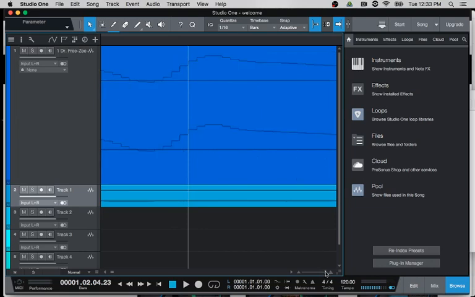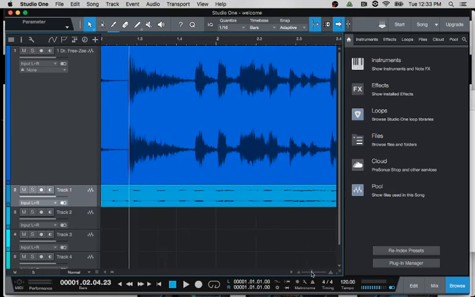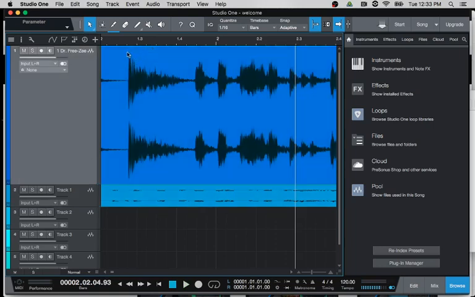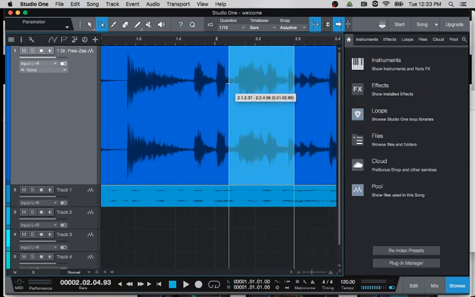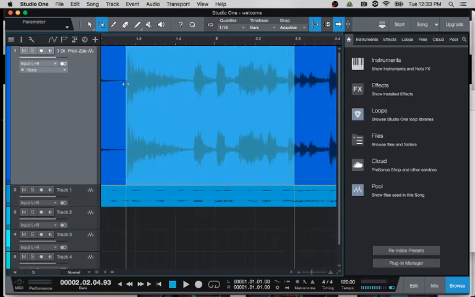So when we are editing, you'll see I can get very, very microscopic with this playhead as far as where it starts and where I start listening back. So if I press play, the playhead is the time that I am in the track, in the waveform. I can also select certain parts of the waveform. So now if I select this section of the waveform,